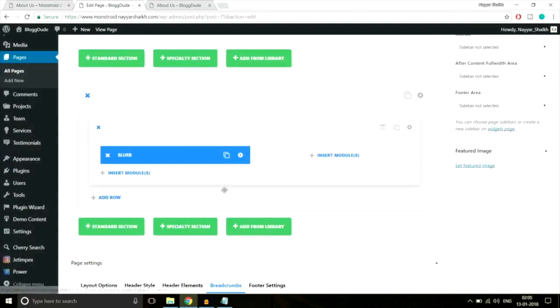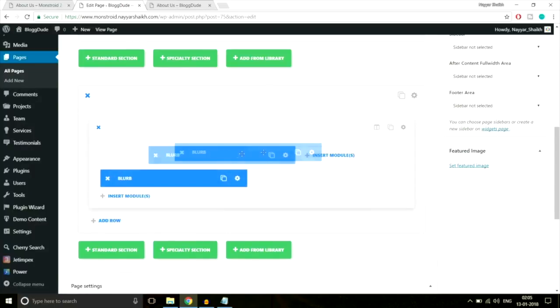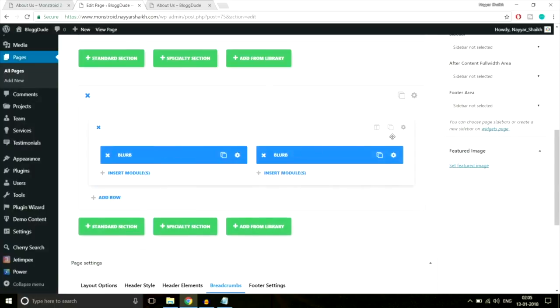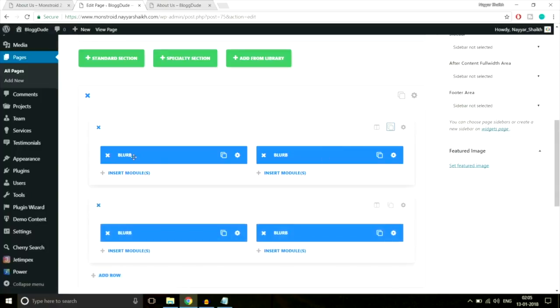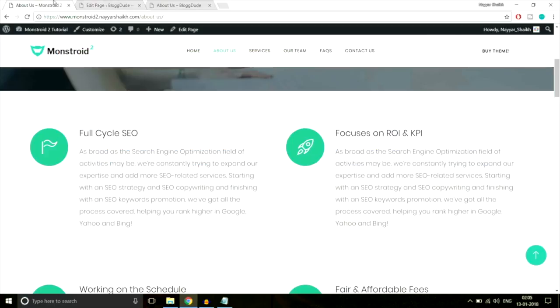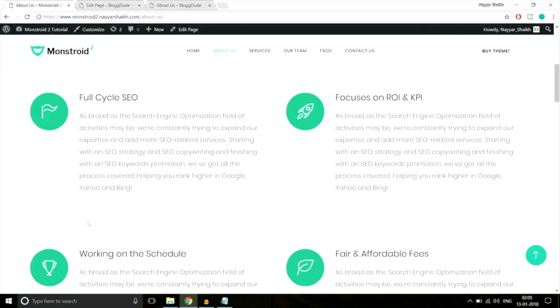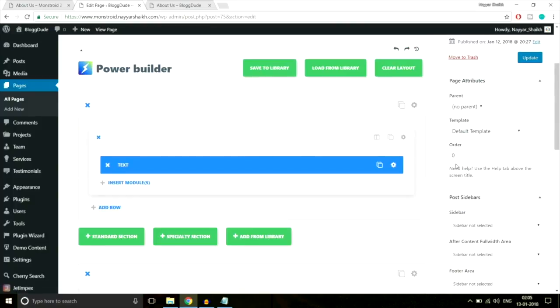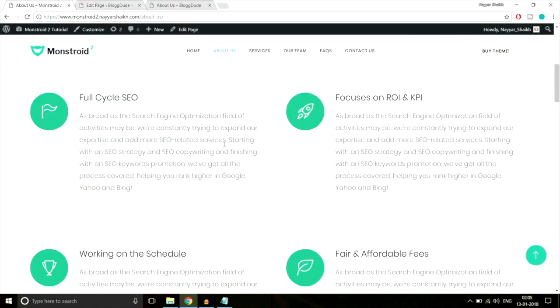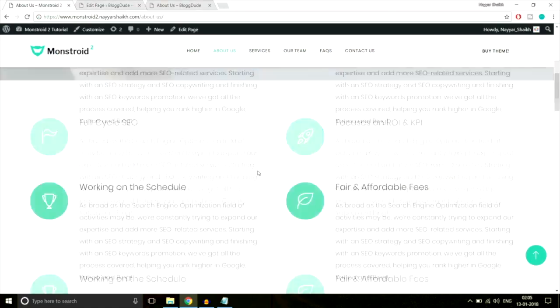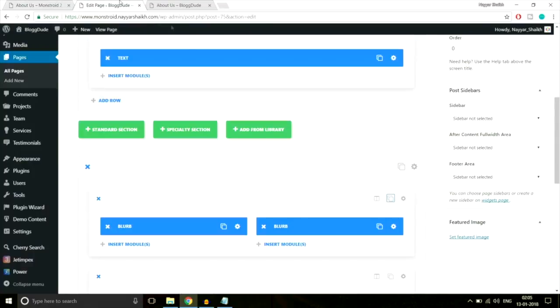First let's click on save and exit. Let's copy this, let's bring it over here, and let's copy this whole row because we need 2 rows. Okay, so first row we have 2 options and second row we have 2 options, like we have over here. Okay, 2 options, 2 options. Now let's update. Okay, let's first add some padding at top and bottom so that you don't have to do